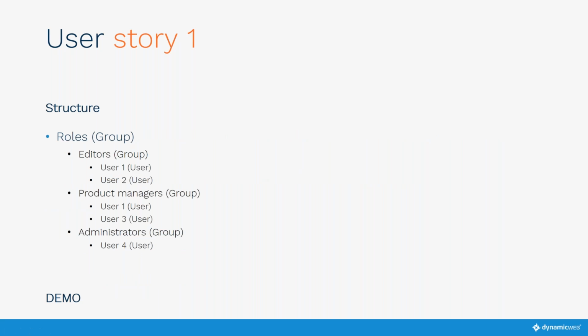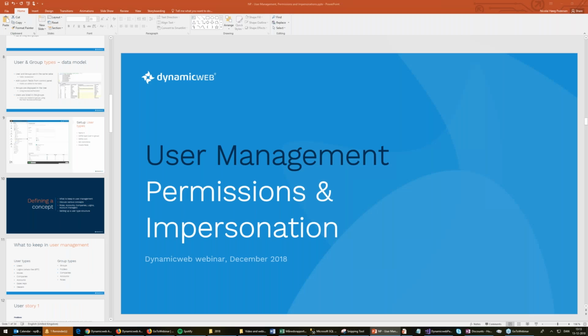First of all, I want to create a group called roles, and inside that one I have the various roles called editors, product managers, and administrators. And inside these groups I have my various users, which is the third part of the structure. So let's take a look at a demo of that. I'll switch to the backend